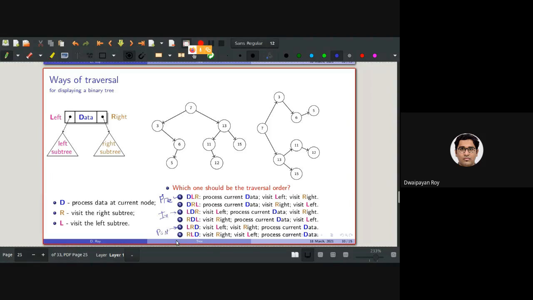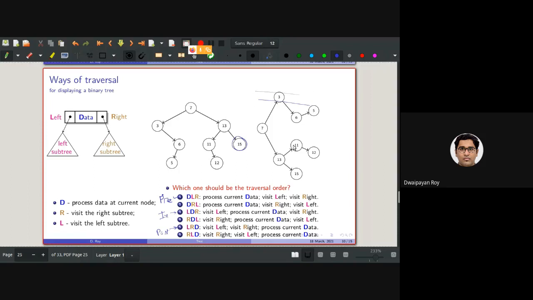Now, which one of these should we be using to get the nodes in this vertically labeled manner? Oh, extremely sorry, I misplaced this rotation. It should be the other way around. I mean, this 15 should be above.